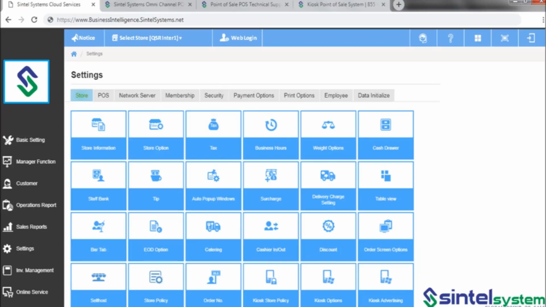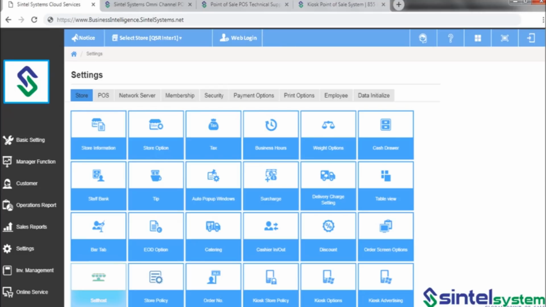The first tab is Store and contains store information, store option, tax, business hours, weight options, cash drawer, staff bank, tip, auto pop-up windows, surcharge, delivery charge setting, table view, bar tab, EOD option, catering, cashier in-out, discount, order screen option,